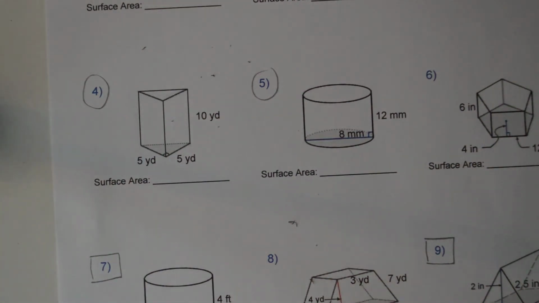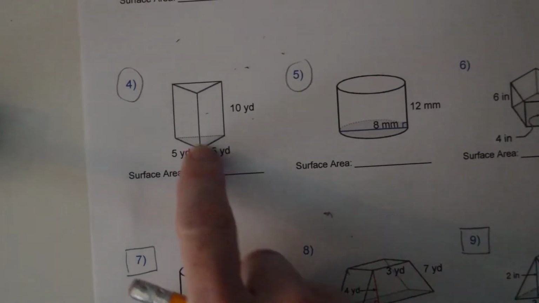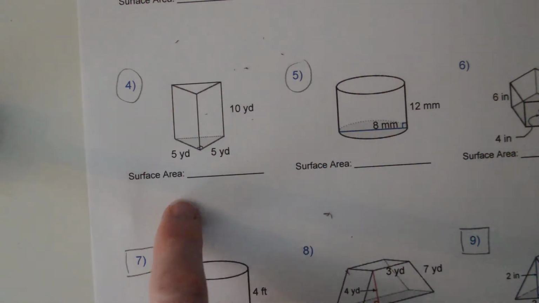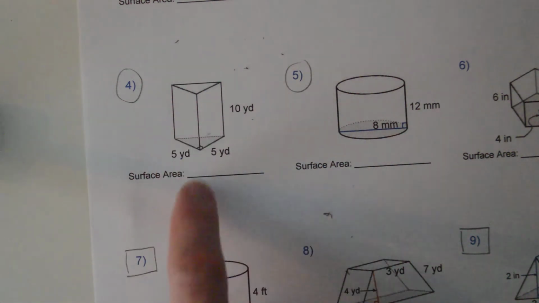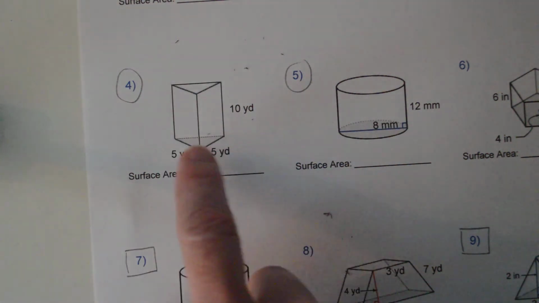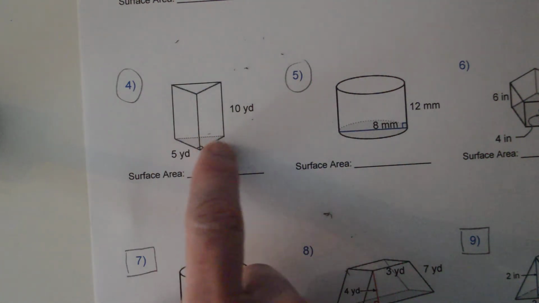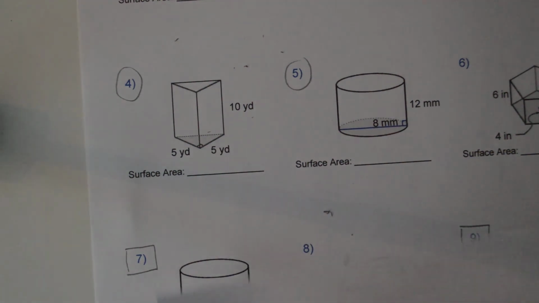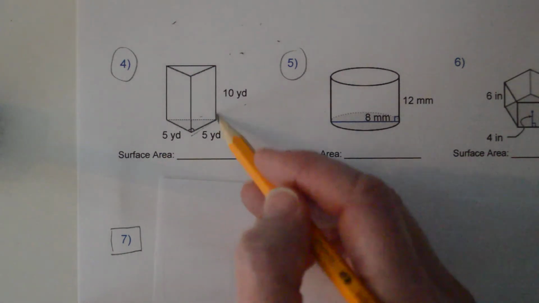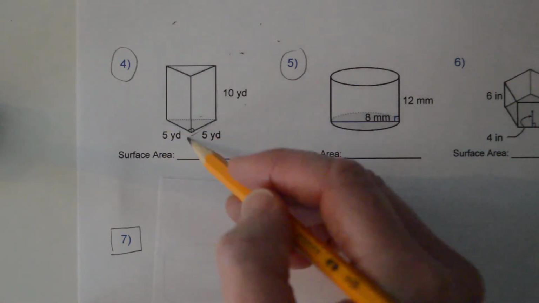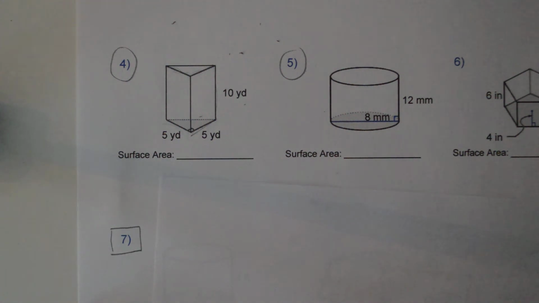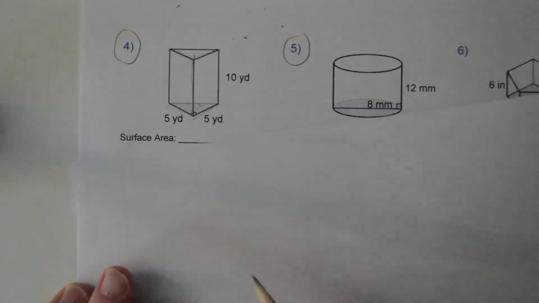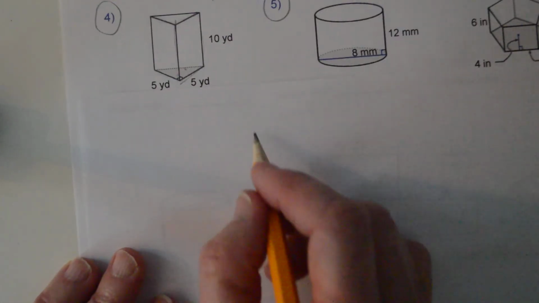So for problem number 4, you're asked to find the surface area of this triangular prism. Again, remember, a prism is a shape whose sides are all rectangular. They have identical top and bottom faces, and those are parallel to each other, right? So when we think about what this is going to look like, we've got one face right here and another face right here that are identical. I'm going to draw them as 2 rectangles. They hinge right here, so I can draw them connected to each other, and they are going to be,